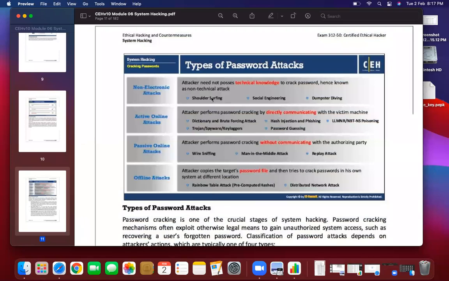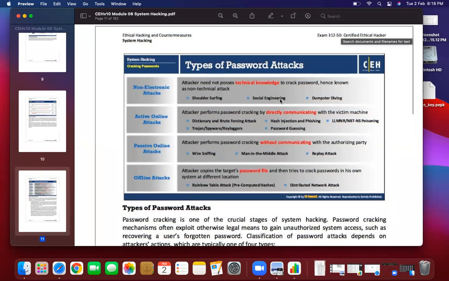Shoulder surfing means if someone is trying to log in to his Facebook account and you are standing beside the user and you are just trying to focus on what he is typing in the username and password field, peeking into his screen. That is known as shoulder surfing.